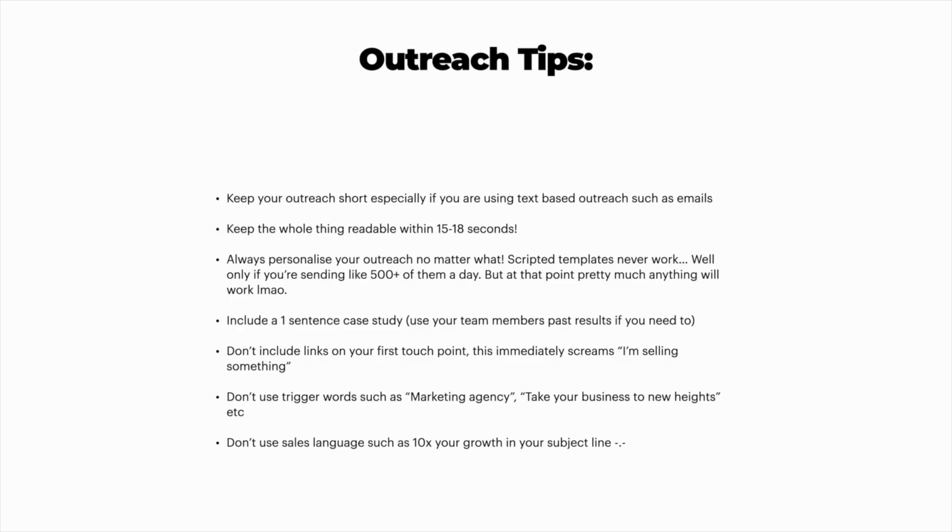Make sure when you create your CTA in your email, it's short, sweet, very precise, and you only have one CTA per email. Don't be saying, look at this case study, and then book a call here, and then check out my website as well. Don't do that sort of stuff. That's three CTAs right there. You don't want to do that. You just want one clear-cut CTA.